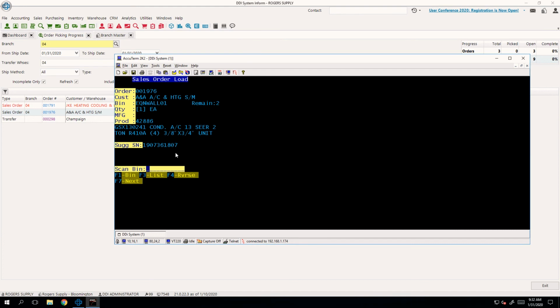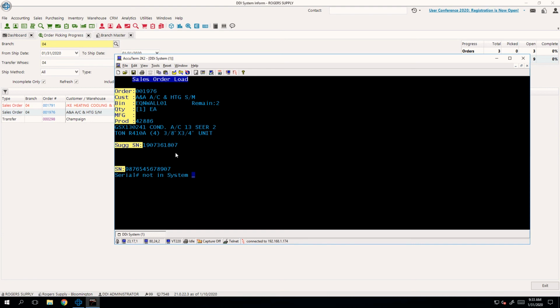So I'm going to go ahead and pick this. I'm going to scan my location, which is my EQN Wall 01. I'm going to scan my product. Once I scan my product, you'll notice that instead of quantity, it goes, great, what's the serial number you're picking? If I try to enter in a serial number that doesn't exist in your system, for whatever reason, maybe I accidentally scan the product code again, or I scan a serial from the unit that's next to it that's a different product,